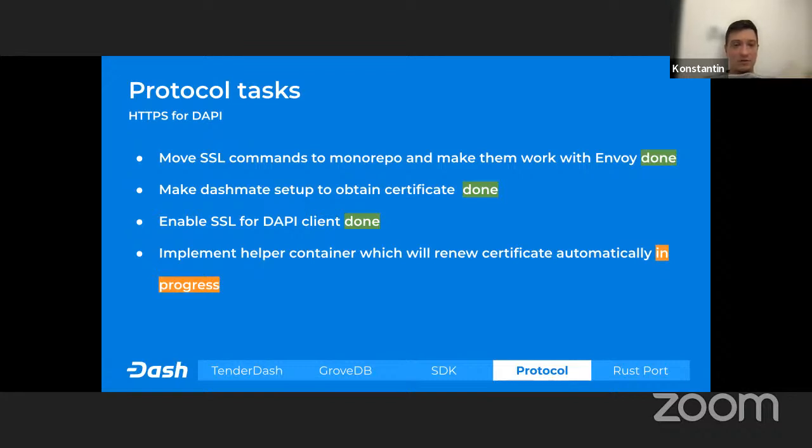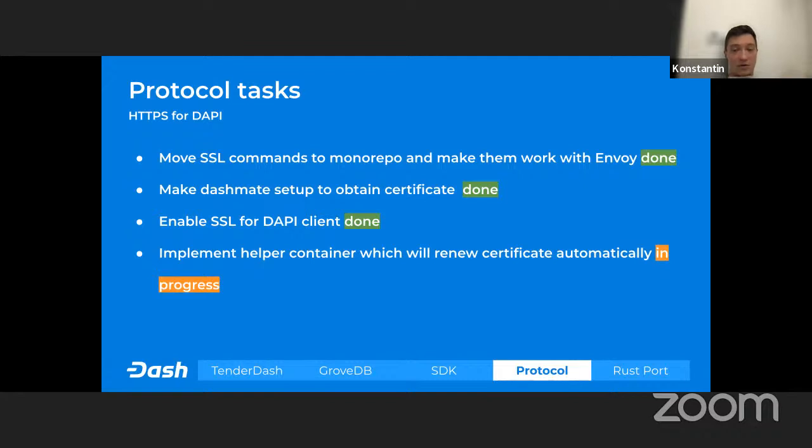So did we. At this point, we implemented SSL support for the client, both JSON RPC and gRPC protocols, and gRPC web as well.